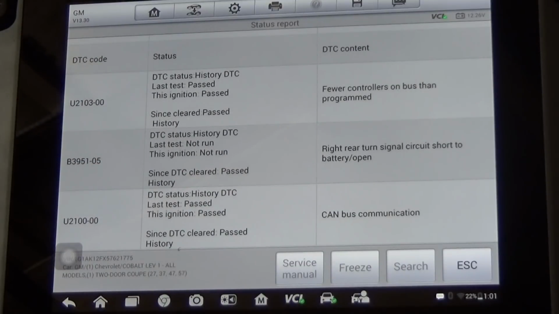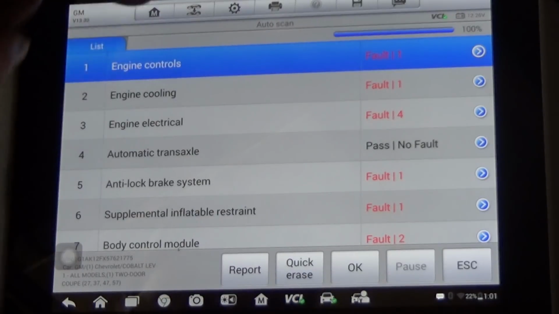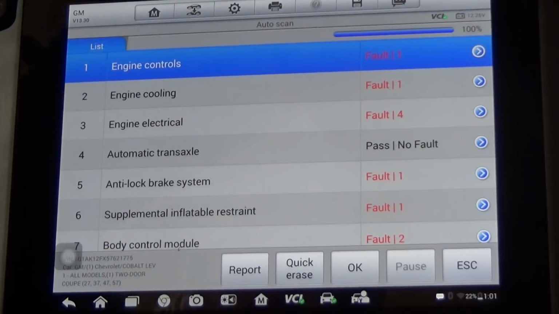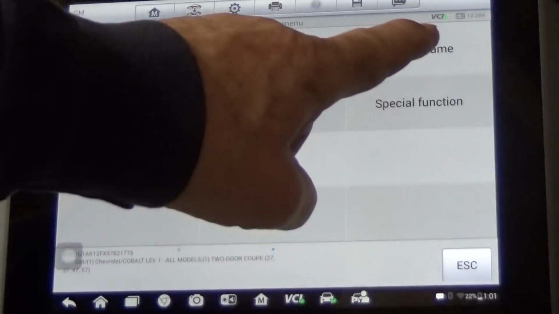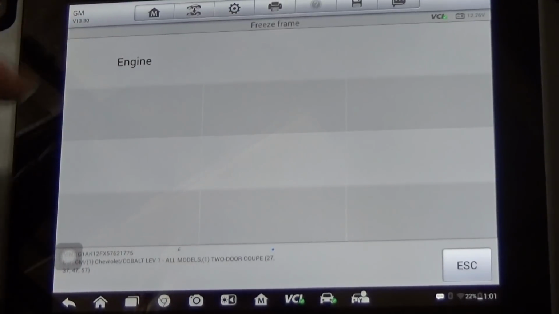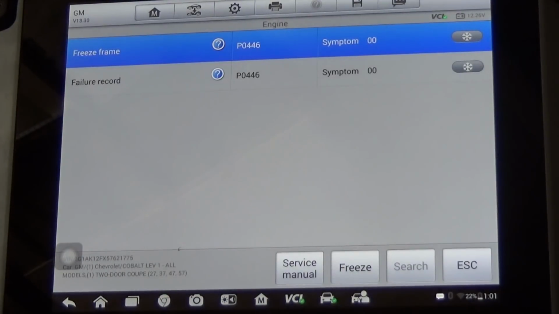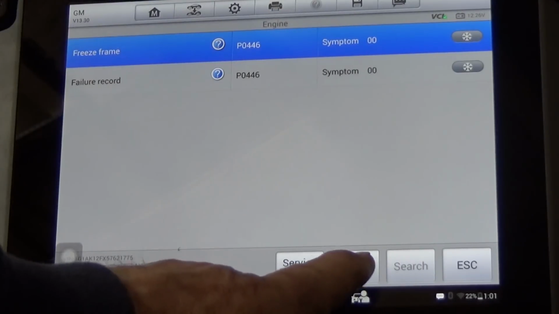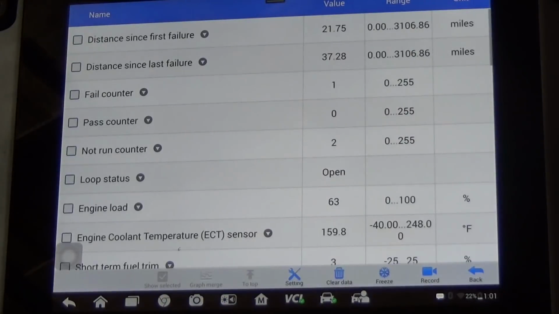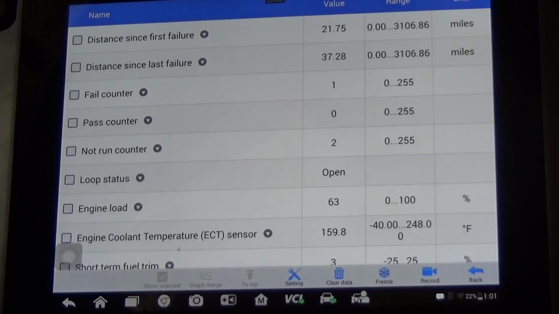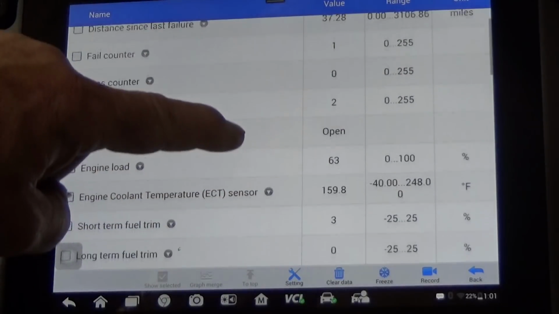Now, one of the places you should always go, we're going to escape from here. Let's just go right into our engine controls module. So we're just going to go straight into there. And let's go to the freeze frame for that code. We're going to capture the freeze frame data. This is going to show us the conditions that the failure is occurring under. It's been happening for some 3,100 miles, so this car has been broke for a while and it just never was repaired. It was an open loop,